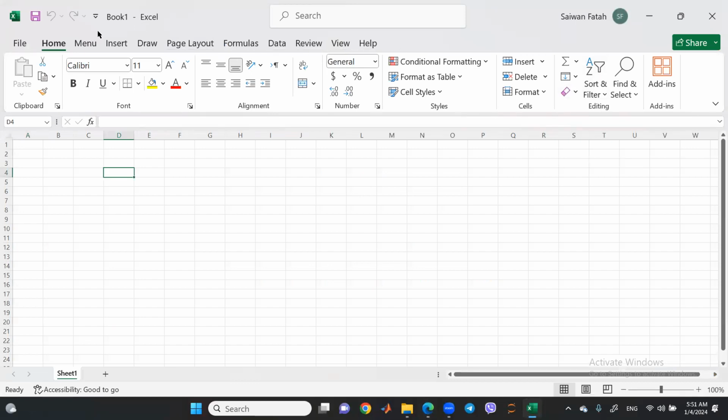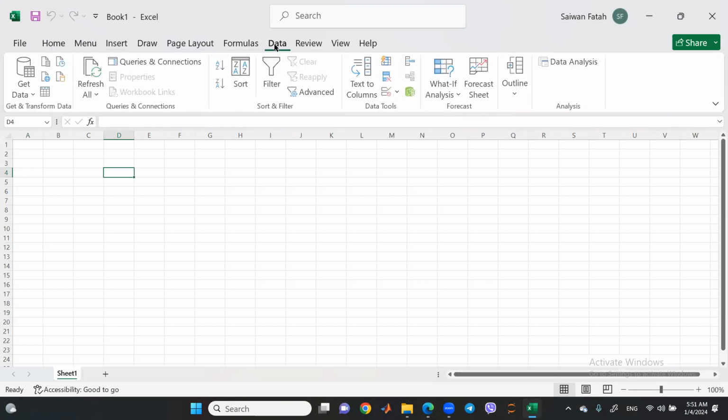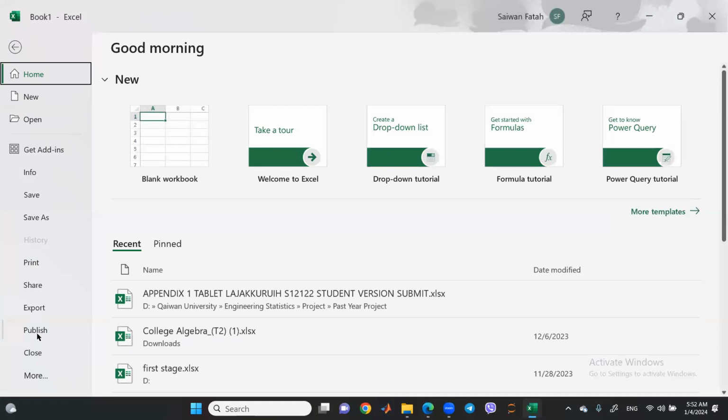Here in the above toolbar, we have Data. Click on Data. You must have Data Analysis at the end of the above sheet. If you don't have it, go on to File, then